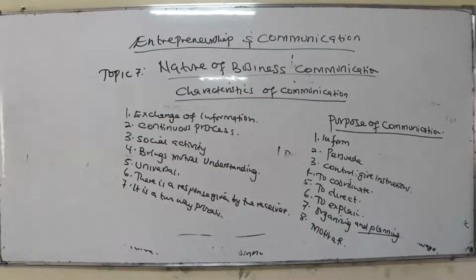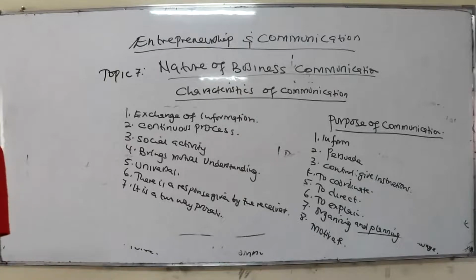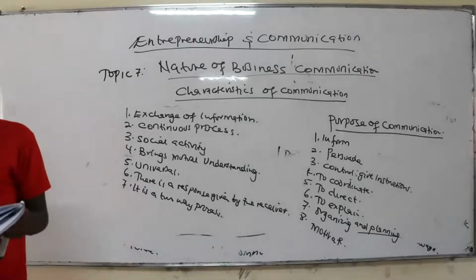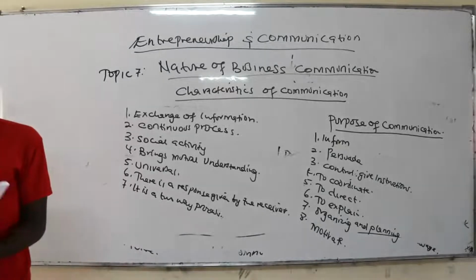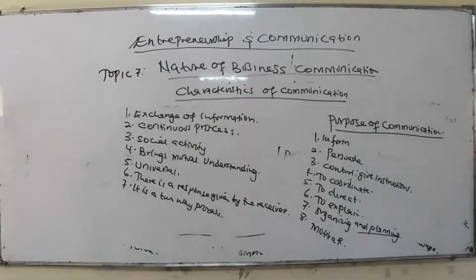And we looked at the process. We said it starts from the message encoding to the medium, to the receiver, to decoding, and then it continues like that. Are we together so far? Yes. So as we said, what does the receiver do? The receiver receives the communication, decodes, understands, and also gives feedback upon getting the communication.